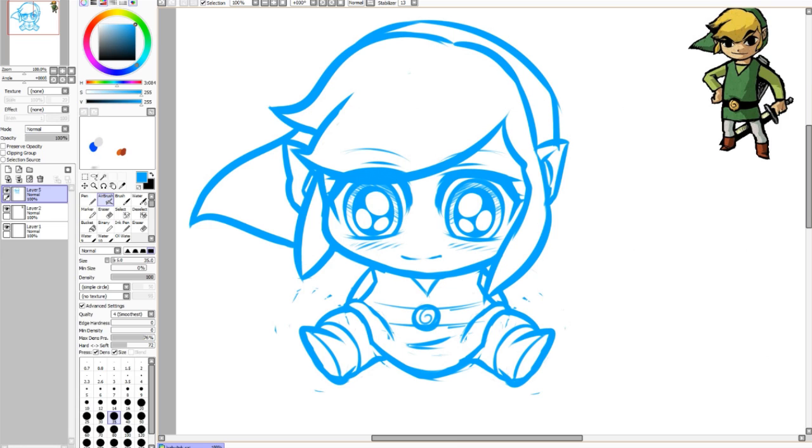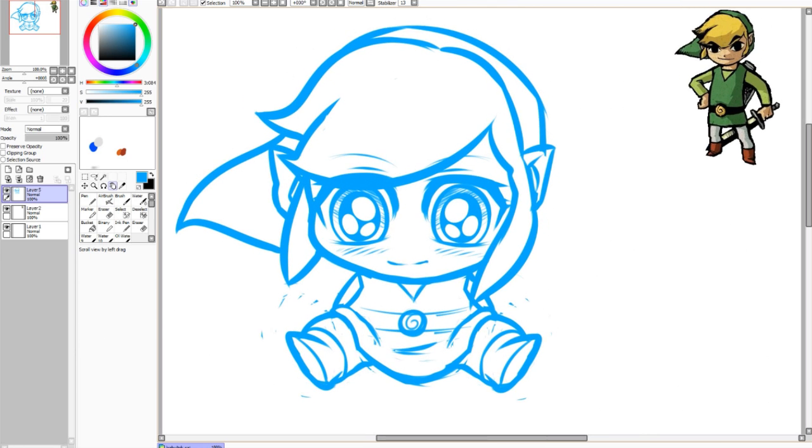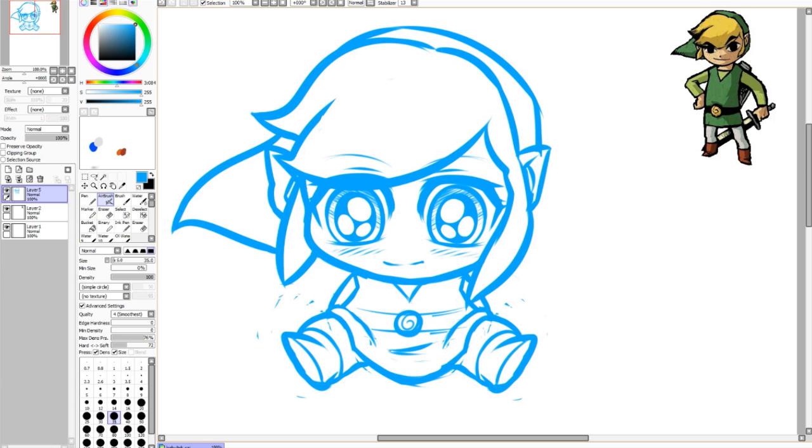So, now that we got the sketch done for Link, let's go ahead and shift our focus towards, you guys can't even see what I'm doing. Let's go ahead and shift towards the inking. Now, a lot of artists have asked me, you know, Dawn, how do you do such nice lines and stuff? But to be honest, I haven't still mastered line art, and I'm trying real hard to get